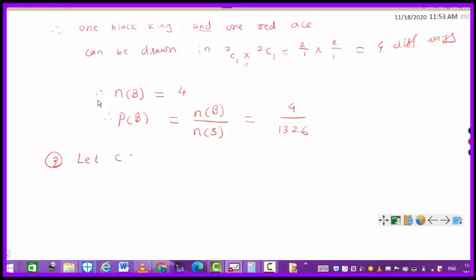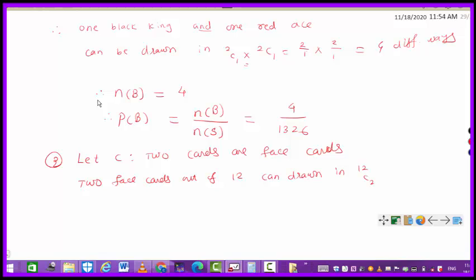So let's see the event C that two cards are face cards. Two face cards out of 12 can be drawn in